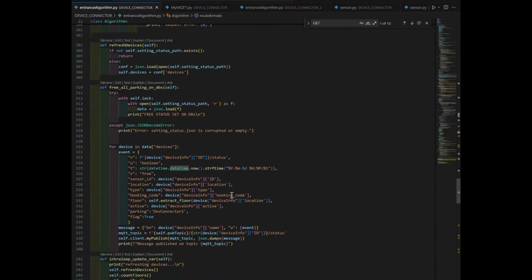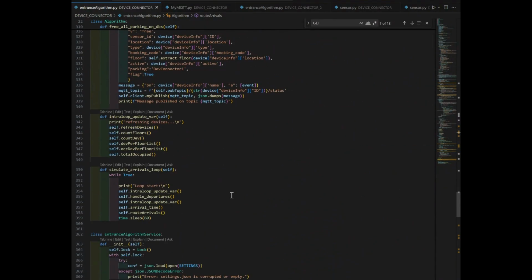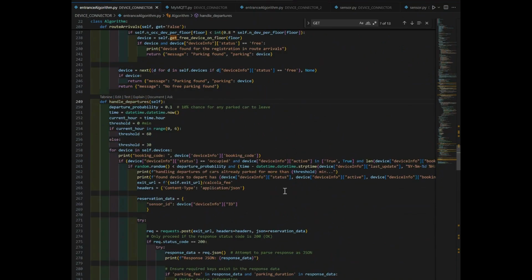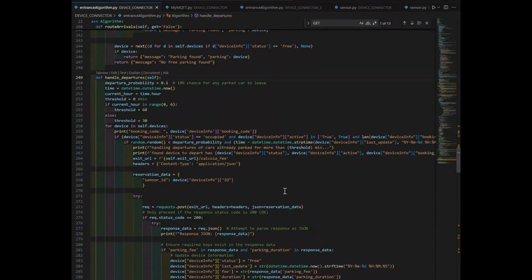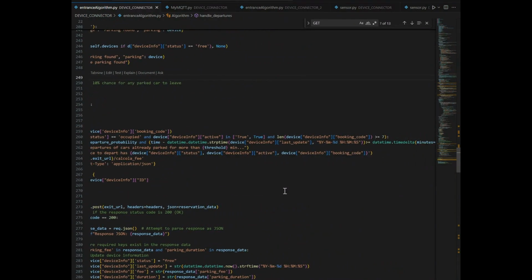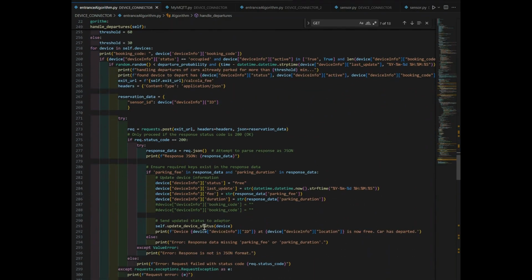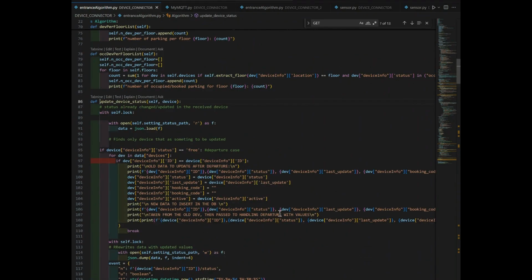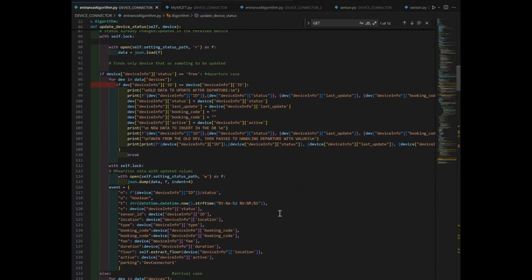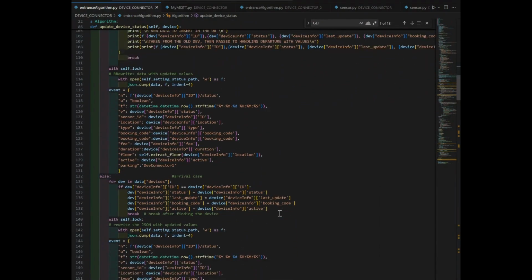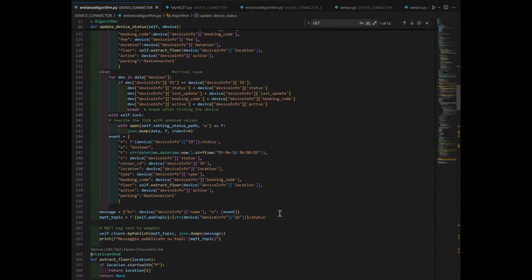The simulation is a queue-based algorithm gathered in a loop, which first computes the actual state of the parking, then tries to handle departures, but only if cars have been parked for 30 minutes or an hour depending on the hour, and with a probability of 10%. In case of a departure, the state of the sensor changes and an MQTT message is sent to the adapter, so that a new entry in the database for the statistics is inserted with the duration, the fee and the